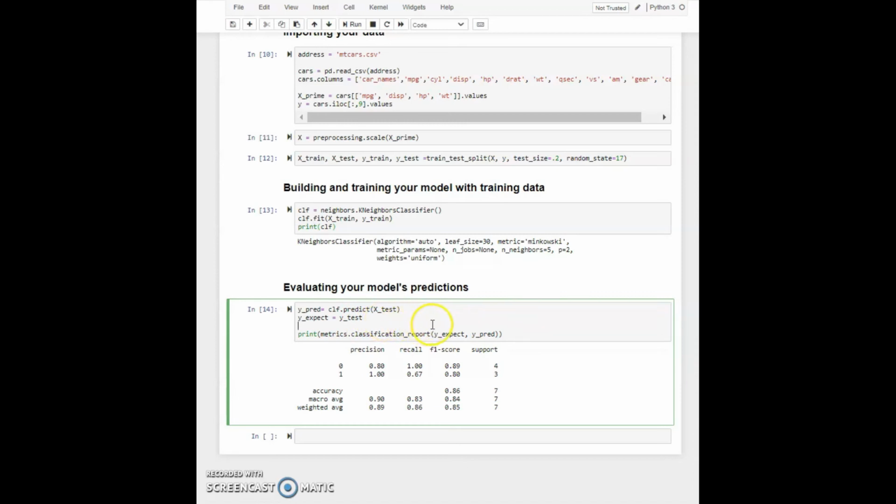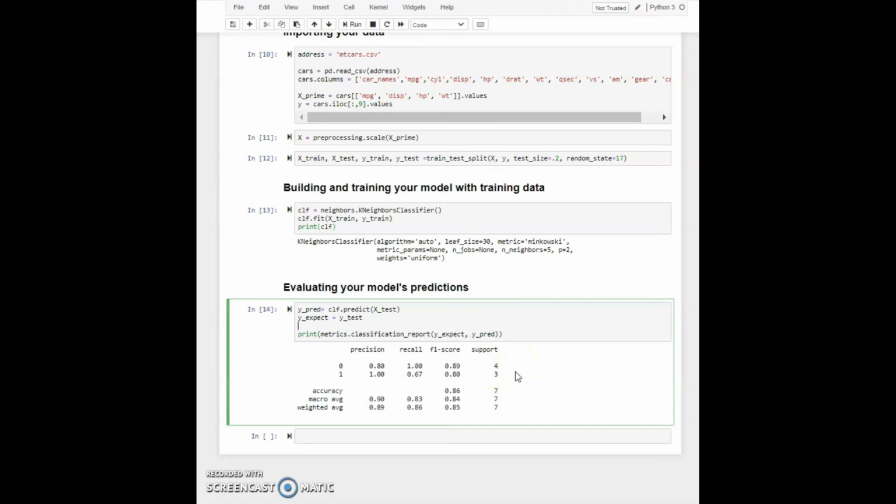Now let's go ahead and use the classification_report function in order to evaluate how well the model has performed. And within that classification report, we are going to pass the data that we want to use for the evaluation. So that's going to be yexpect and ypred. And then we just want to print out the whole thing, so I'm going to use the print function on this whole thing. So as we can see in the cell 14 output, we've got a decent performance here.